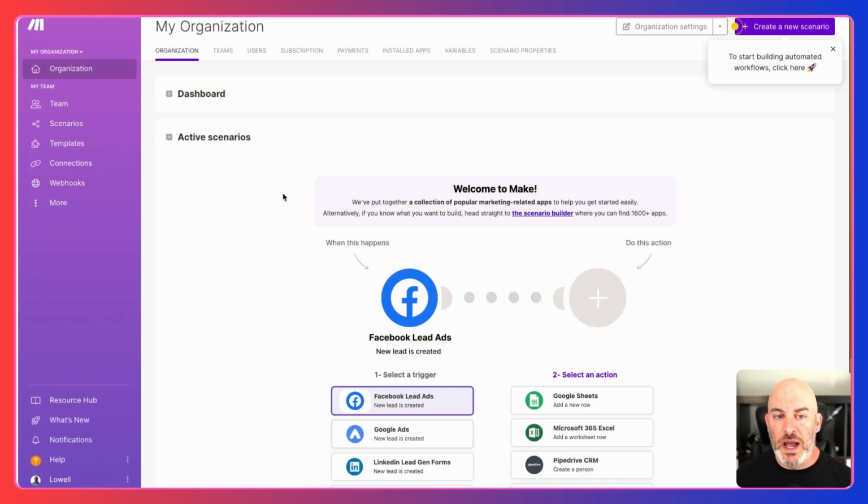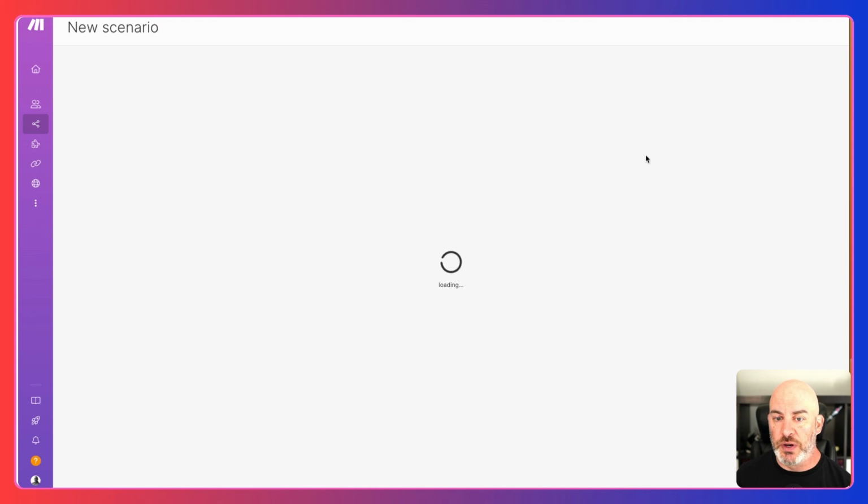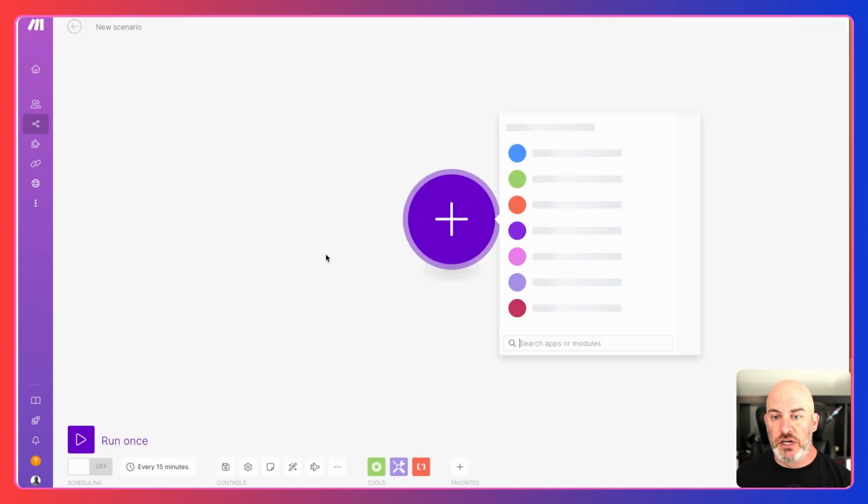Okay, so when we are in here, Make.com, because you're new to it, they're going to try to explain what to do, how everything works, and how you're setting things up. Because you've got me here helping you, we're going to jump straight in and start right away. So we're going to click that little button up here, create our scenario,